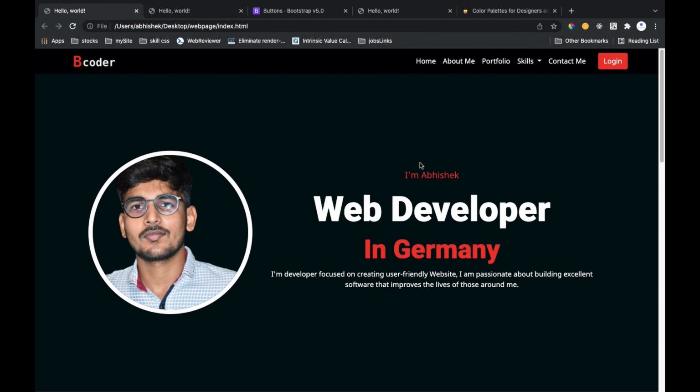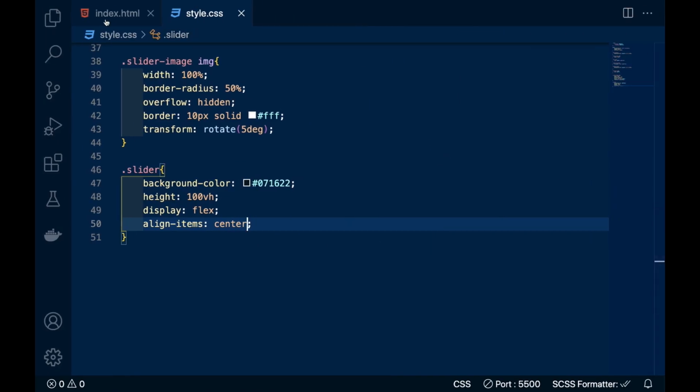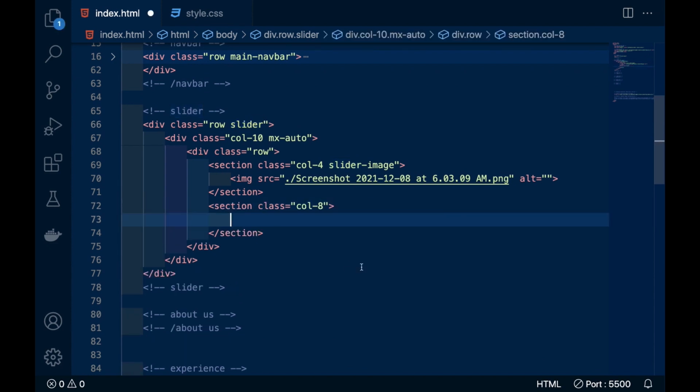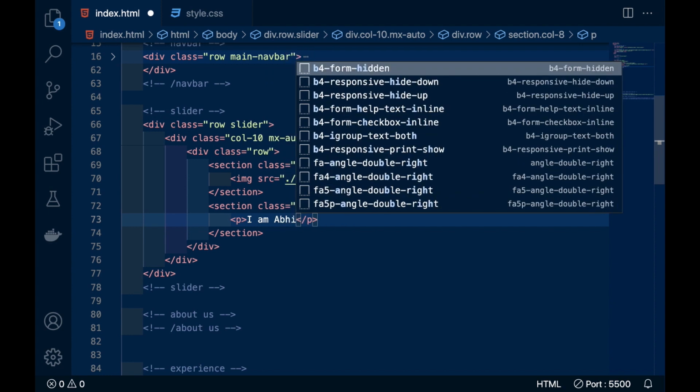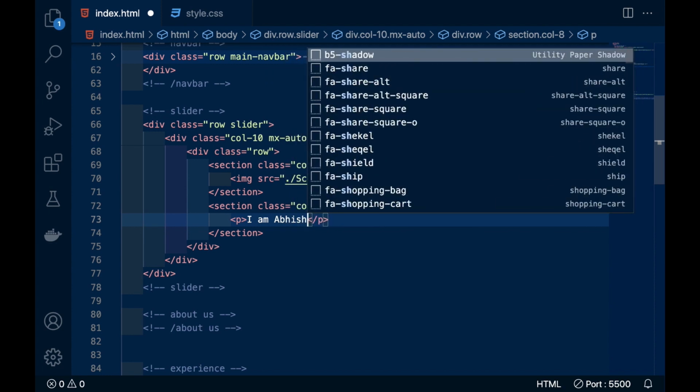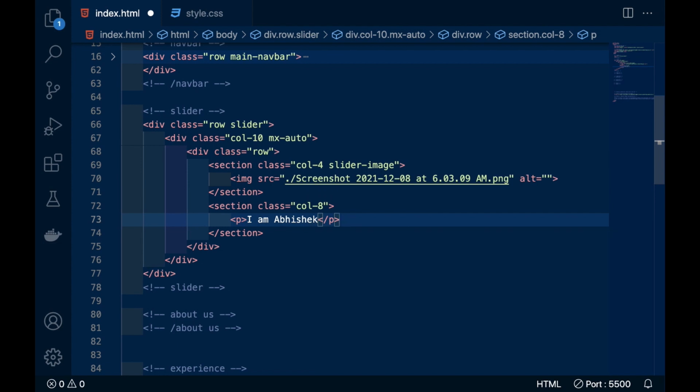So first is name, developer, and this thing. We are going to use this in this section, the column 8 we have written here. In this section we are going to use that text. So first was I am Abhishek.